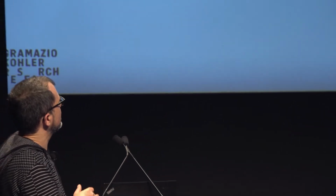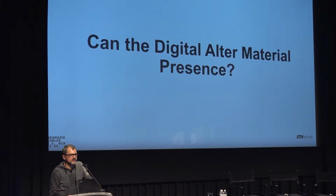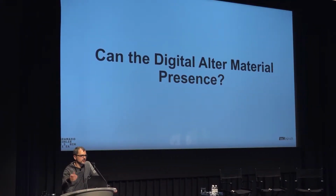You have a material that is familiar, but organized in space in a way we would not do as humans, just because it's not natural to us. Okay. So the next question is, departing from this, can the digital alter material presence? What's the difference between organizing 30,000 bricks with a stretcher bond logic, or designing a logic that is more complex and can be executed by